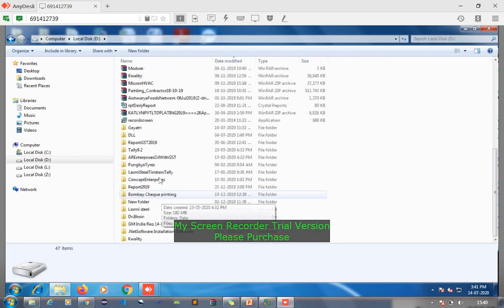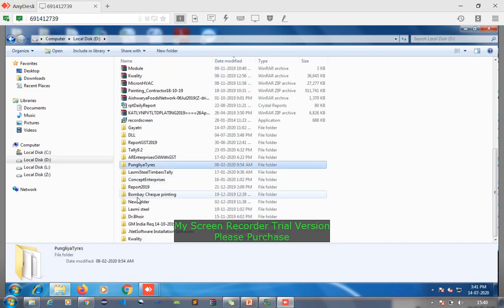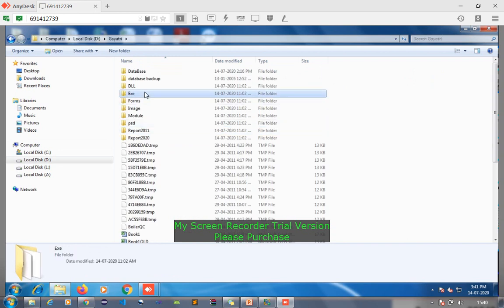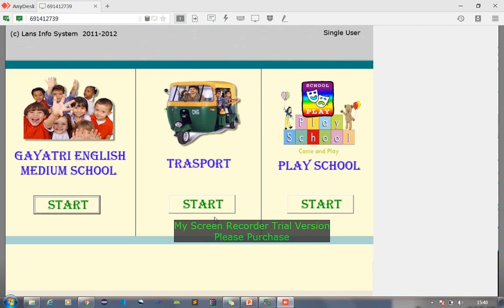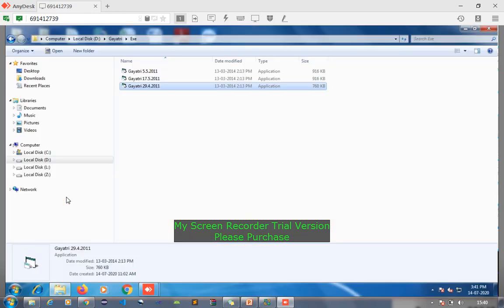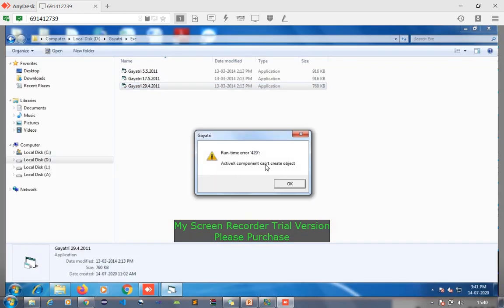My software is called Gayatri Schools. I'm just trying to make and run an exe. It runs, but when I click on it, it shows me an error further. It is saying ActiveX components are not created.